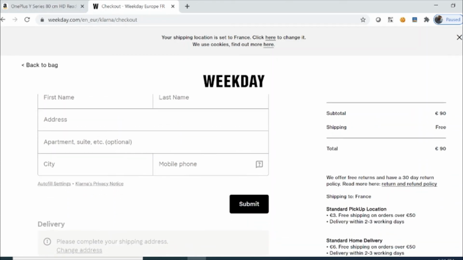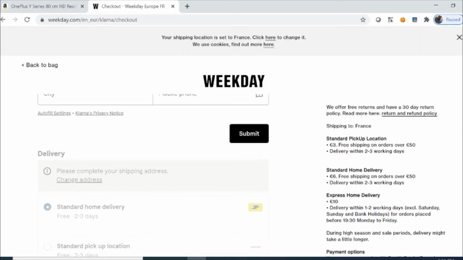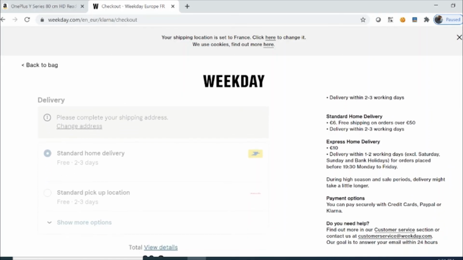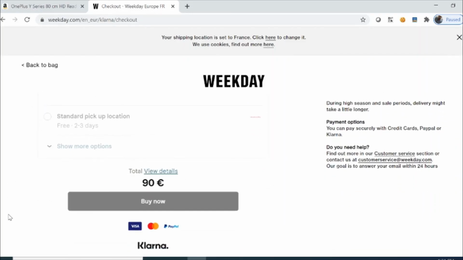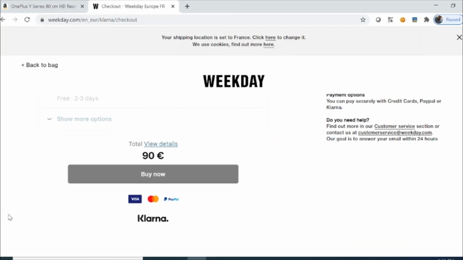So this is basically a billing address, and when you fill the billing address, you will get multiple delivery options according to your address. So when you fill the delivery option, automatically a payment page will get loaded.